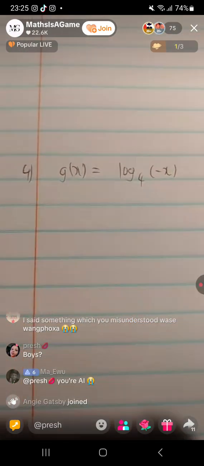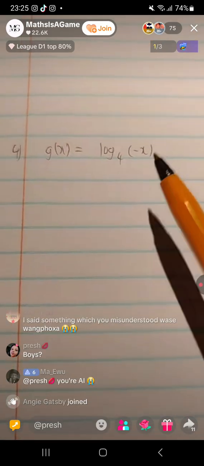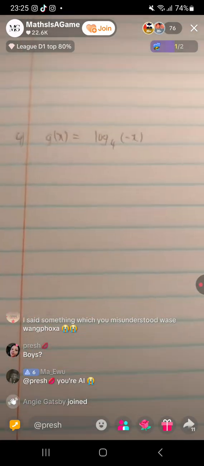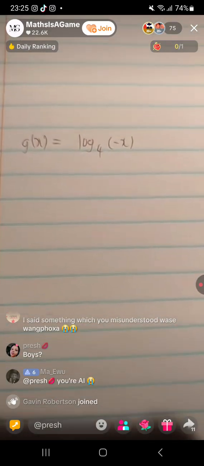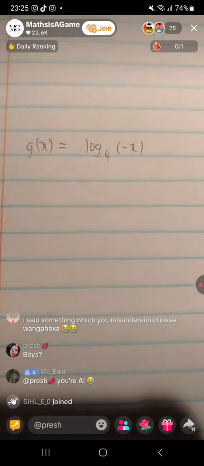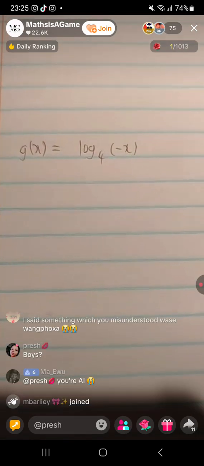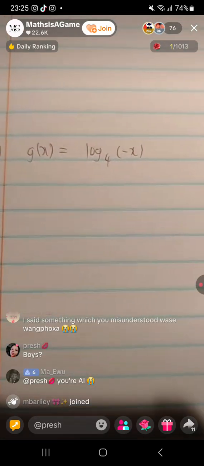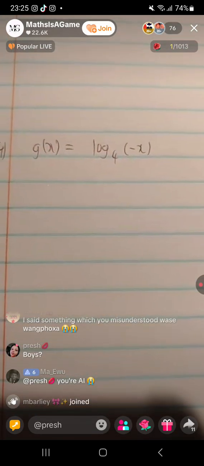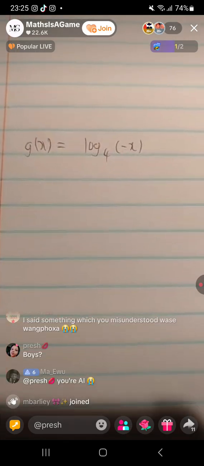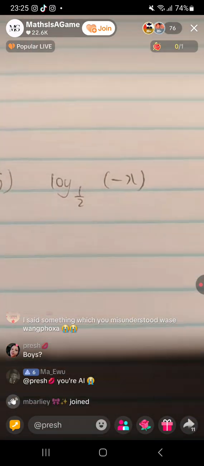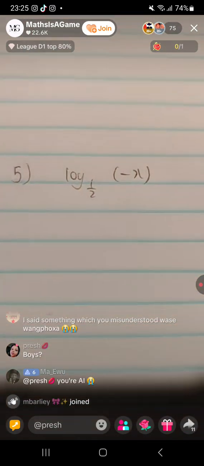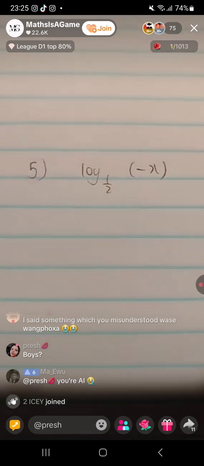Okay. g of x is equal to log. Yeah, guys, the answer there. Indeed. Even if we do it just mentally without having to do the whole calculator thing, it's the inverse of g of x, which is equal to negative 4 to the power x. Very evident if we do the whole swapping. Alright, then I think this one can be the last one, guys. The grand finale. Who's taking the grand finale?